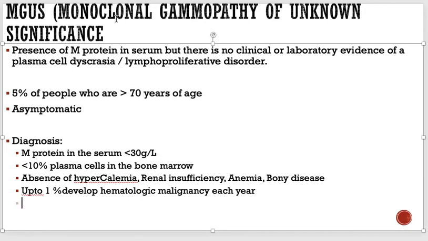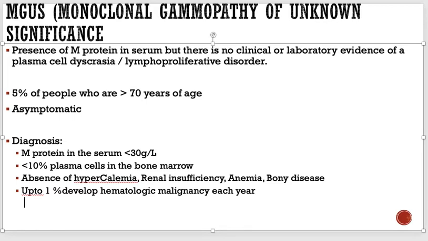Okay, so what happens, by the way, with these patients is, patients who have the M protein of more than 15 gram per liter have higher chances of developing the malignant transformation. Or the patients who have an increase or abnormal serum free light chains. Again, what are these chains? I will let you know.